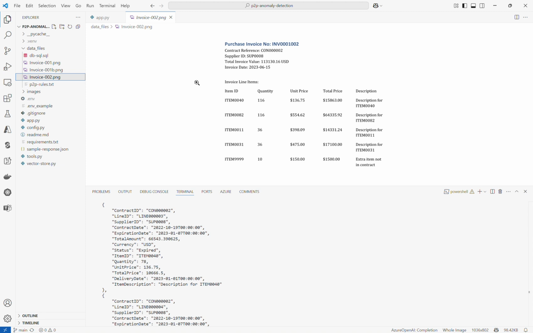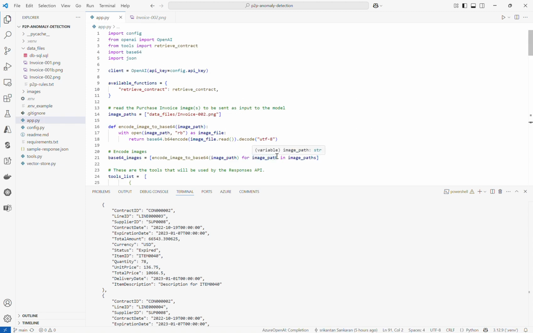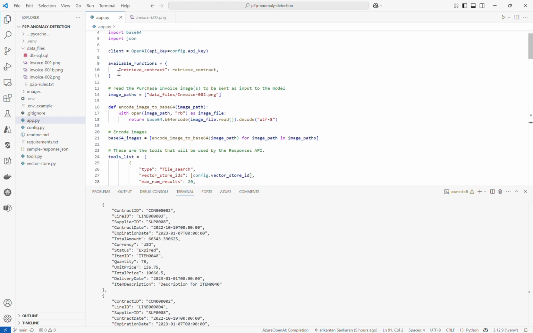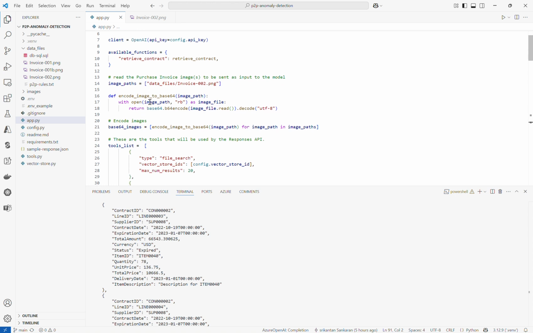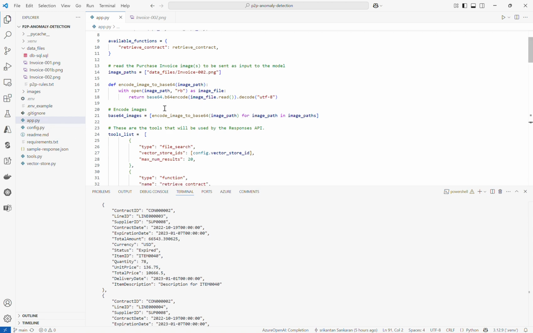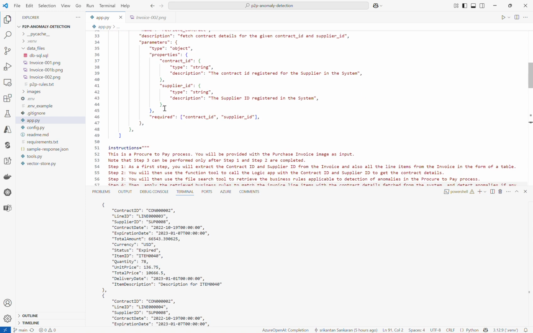Now let's get down to how this particular solution is going to handle it. So like I said, I'm using the responses API of OpenAI. It uses a couple of hosted tools. For example, it uses the vector database. So in fact, if you notice here,